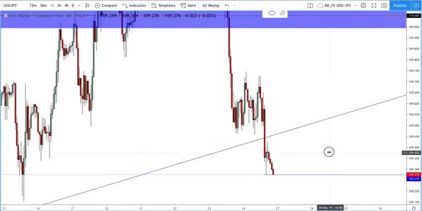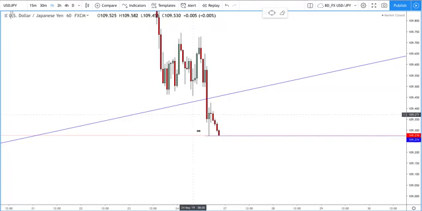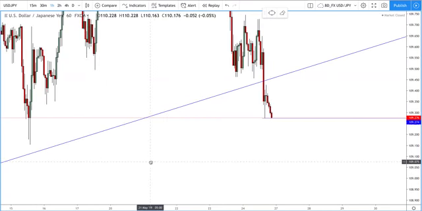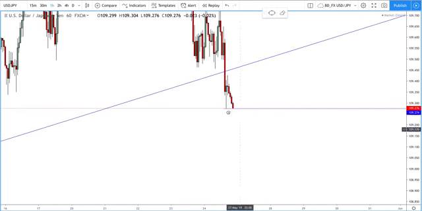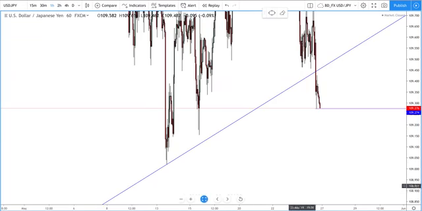So I'm going to be watching this 1 hour on market open. Had this nice 1 hour pin bar showing some rejection. If we get more rejection around here, then I'll be looking at maybe adding another long with the stop loss in the same region, just maybe about 30, 40 pips lower. If we manage to break lower than this, then I might cancel this trade completely and get out.